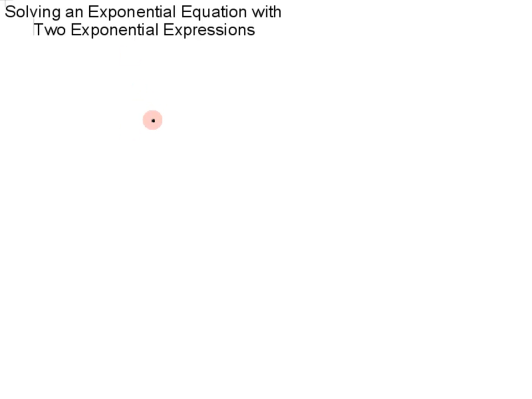Alright, so we're going to look at a more complex example of an exponential equation with two exponential expressions. So if I want to solve an equation like this, I have to try to undo both exponential expressions, and luckily for us, we can use any log to apply the logarithm law. So I'm going to take the natural log of both sides,